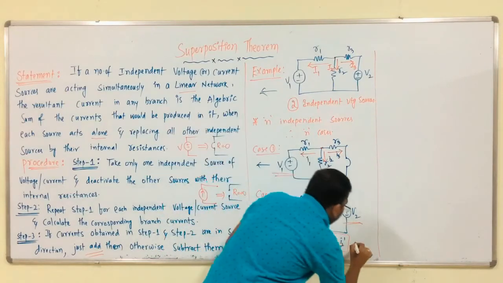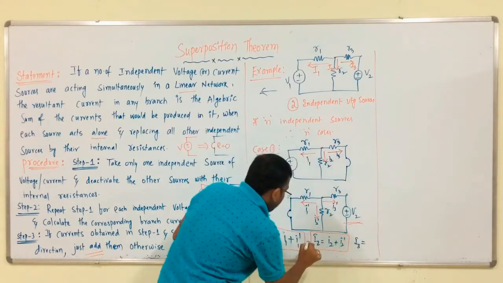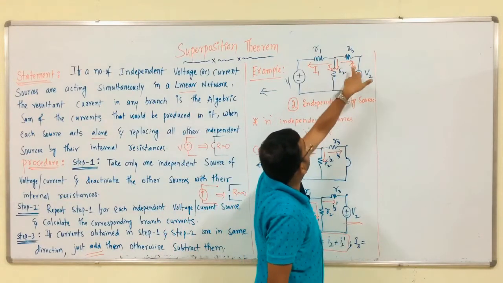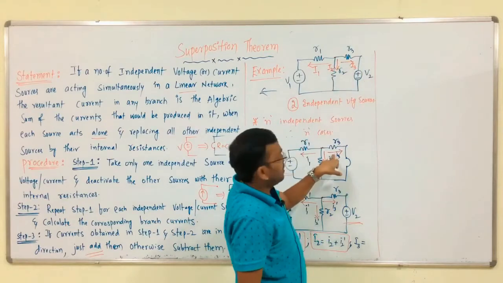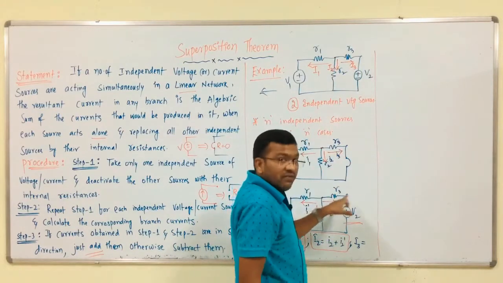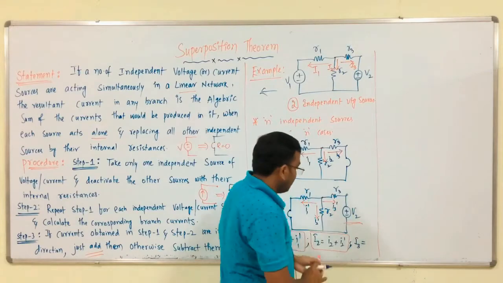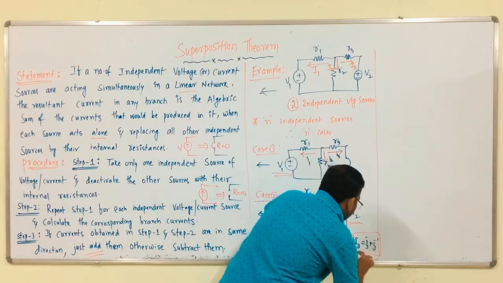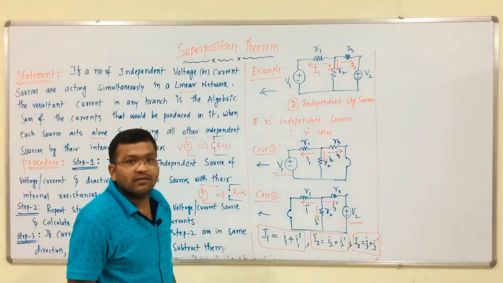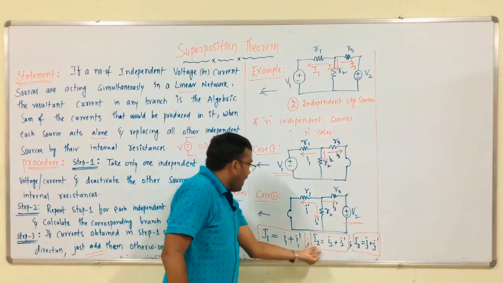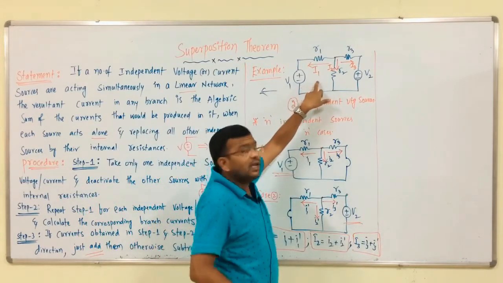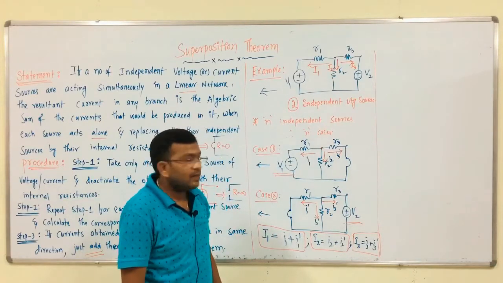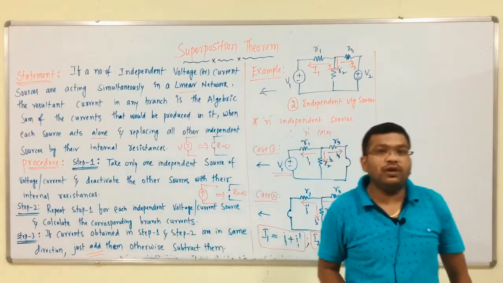Like this, I3. I3 is equal to what? And see, I3's direction is away from this node, no? From left to right. I3 left to right, I3 dash left to right, all are in the same direction. So, I3 plus I3 dash. Over, the problem is over. Finally, we have to calculate I1, I2, I3, no? From the main circuit, we have to calculate I1, I2, I3. Problem is over. Okay? Now, we have to consider different possibilities.